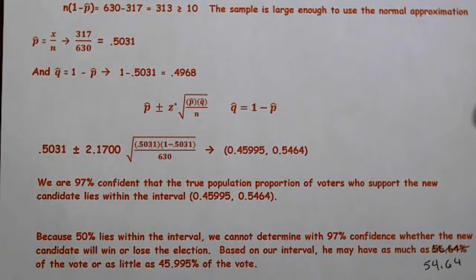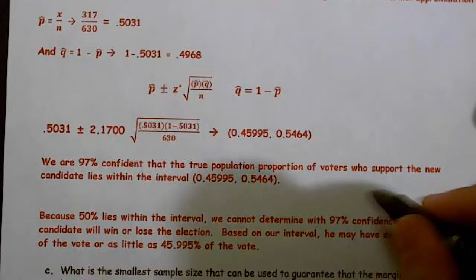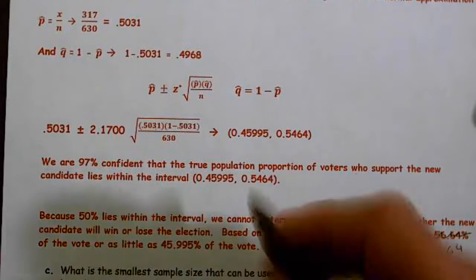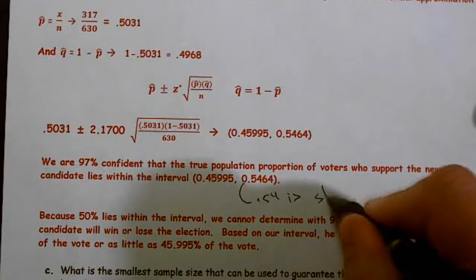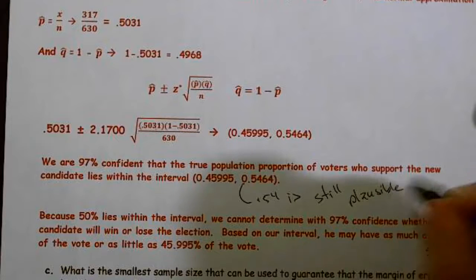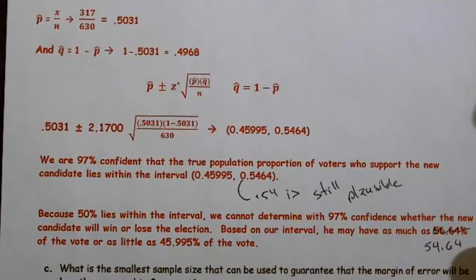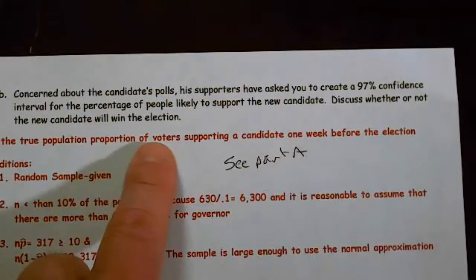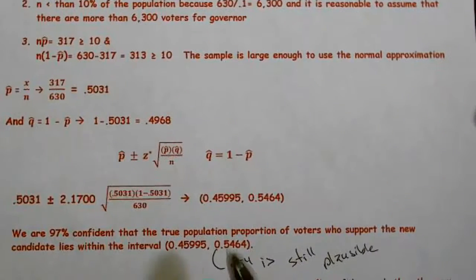Now, what is interesting is when I look at this, 54% lies within the interval. So 0.54 is still plausible. So it's possible based on this interval that they have not lost support. So we couldn't say that they've necessarily lost support, but they didn't ask me that. It said discuss whether or not the new candidate will win the election. Well, they still may have 54% of the vote, but we can't say that they'll win the election because we